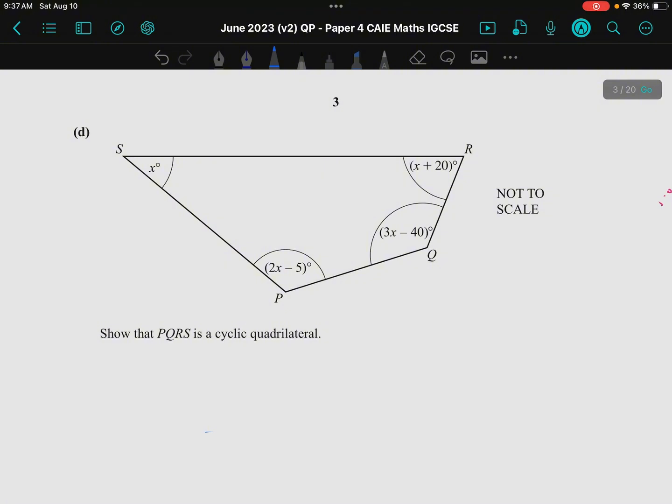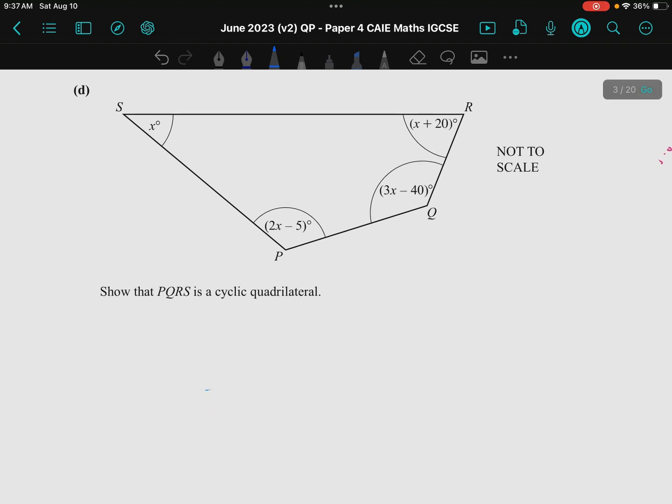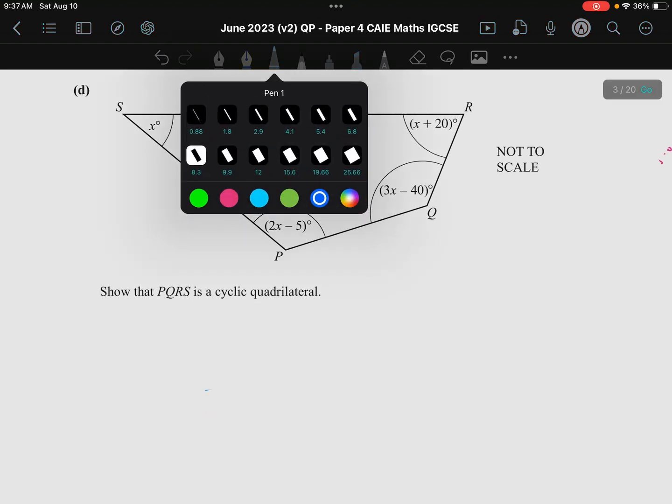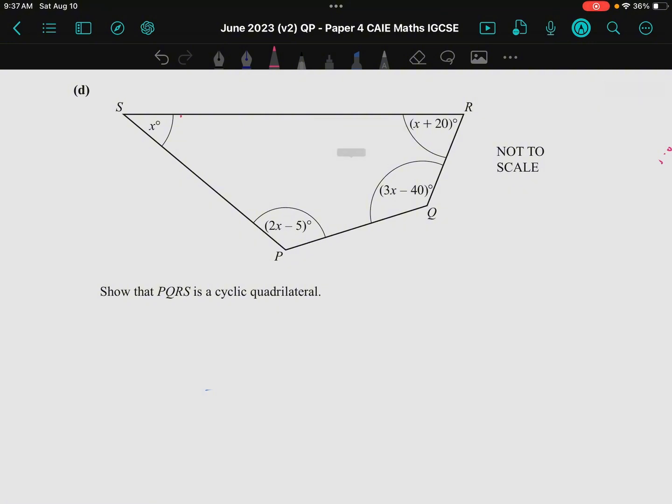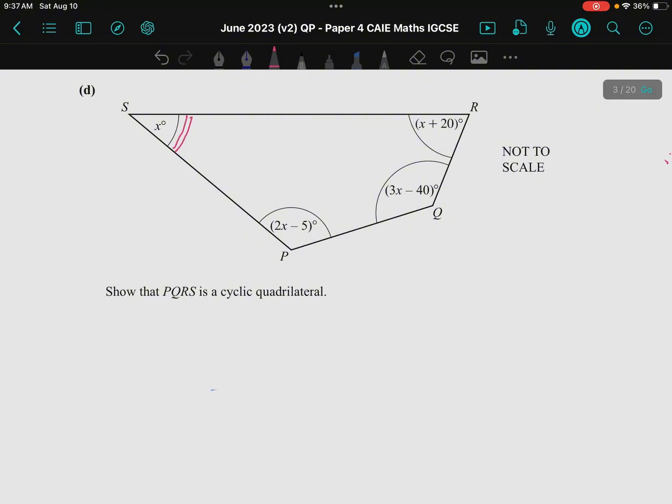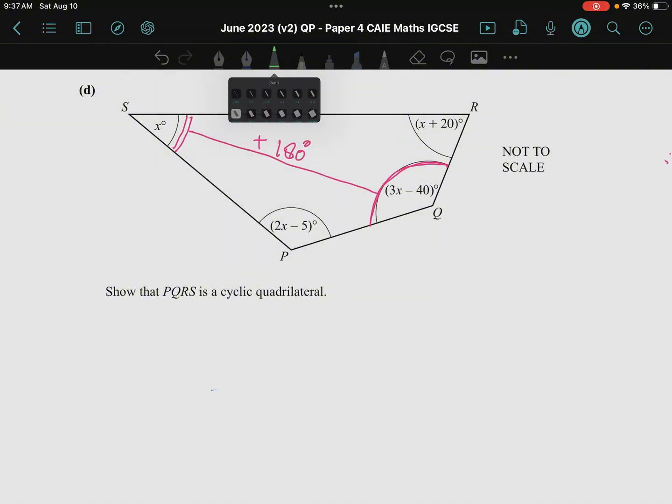Part number D. PQRS is a cyclic quadrilateral. We have to prove this. For a cyclic quadrilateral, we know this angle and this angle, the sum for these two should be equal to 180 degrees. Similarly, the sum for angle P and angle R should be equal to 180 degrees. Okay,